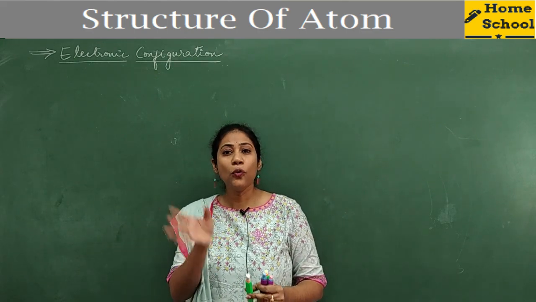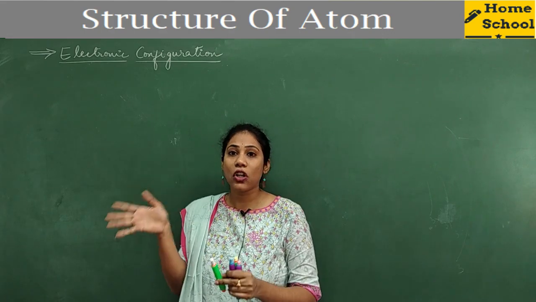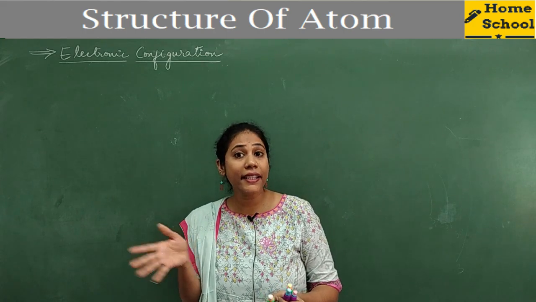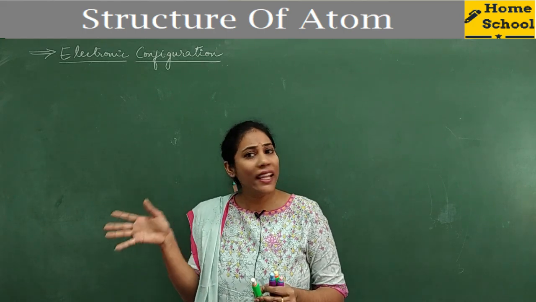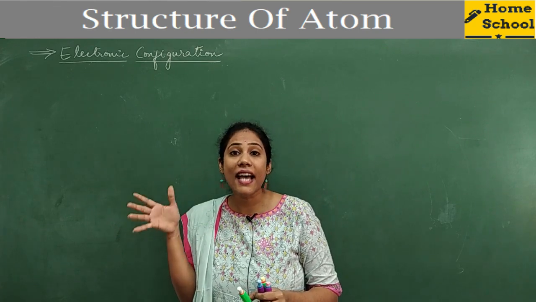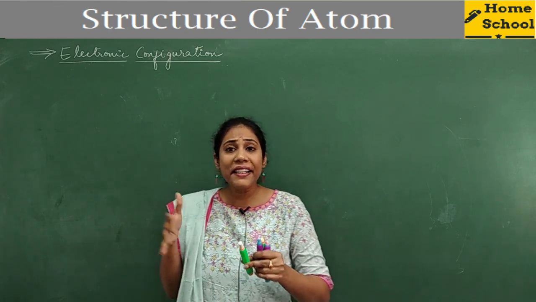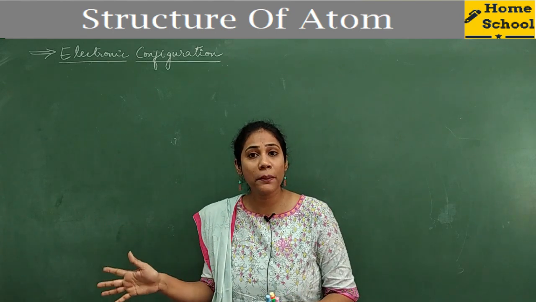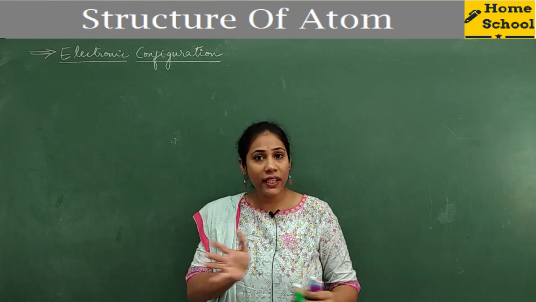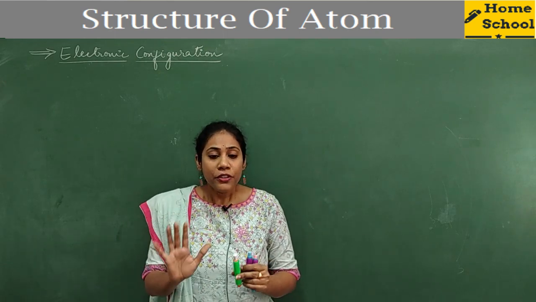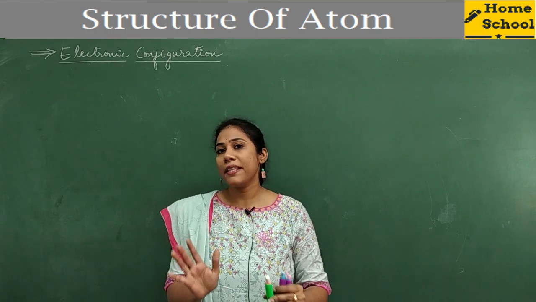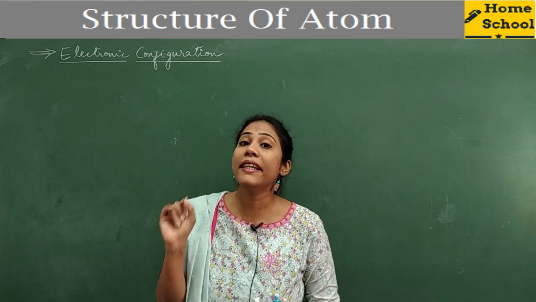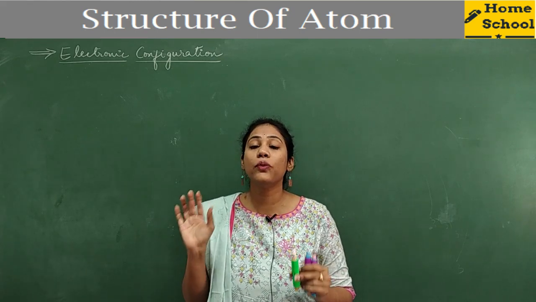In our previous video, we got an idea that electrons are present in orbitals. So where are these orbitals located? Inside the subshells. And where are these subshells located? Inside the main shells. This idea of main shell, subshell, orbital, and how many types of orbitals, is all over in our previous session. So we got to know electrons are present in the orbitals, and I already told you each orbital can have a place for only 2 electrons.